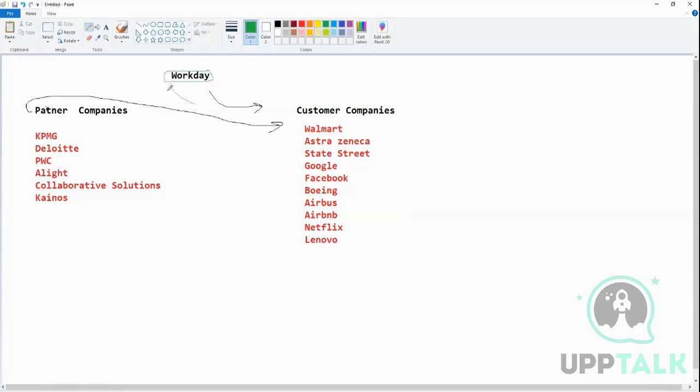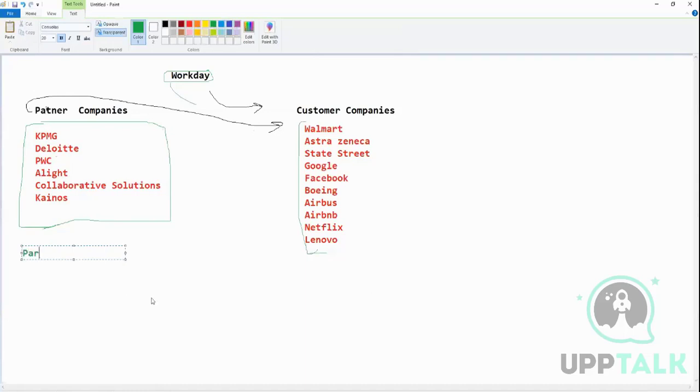So Workday also does this part, implementing Workday. Workday has its own professional services. Now, these partner companies will charge money, and they are the only ones who can implement it. They have a contract with customer companies: you do it for us, a 1 year project, 2 year project, and all that stuff. If you're part of these companies, you have a certification which is called the partner certification,